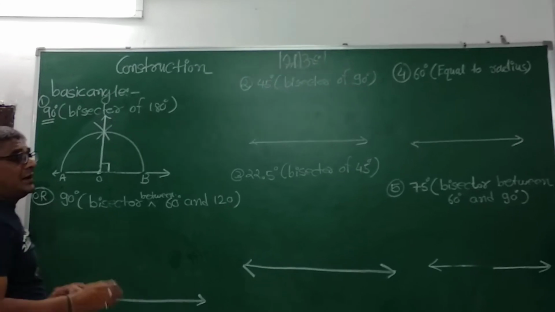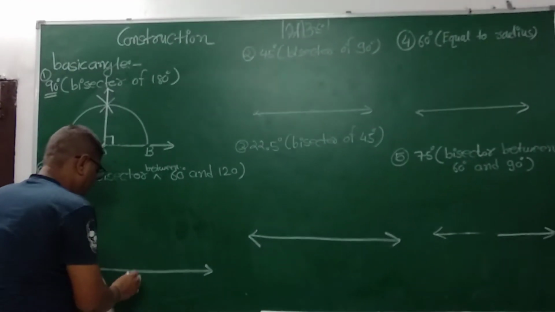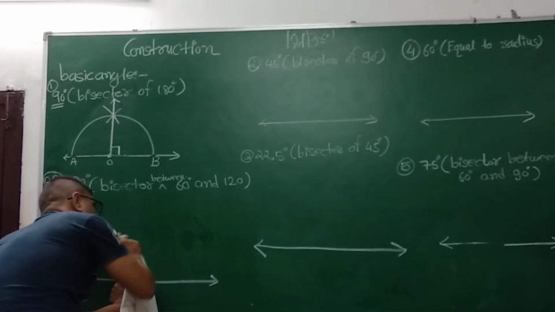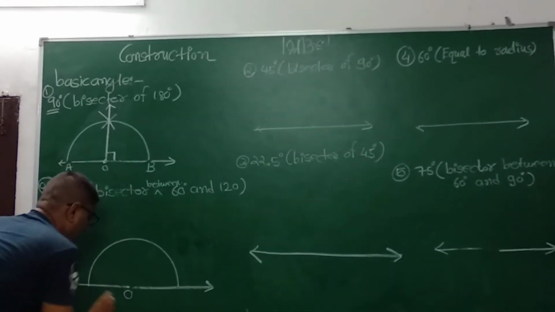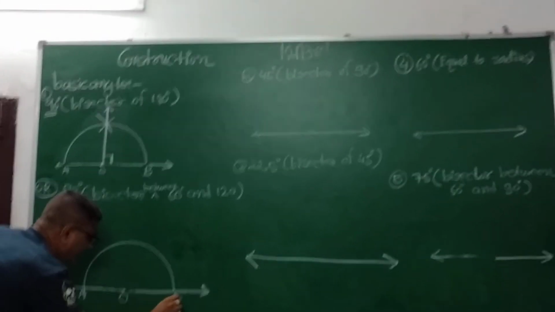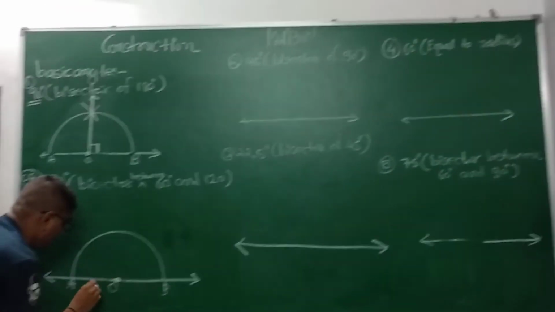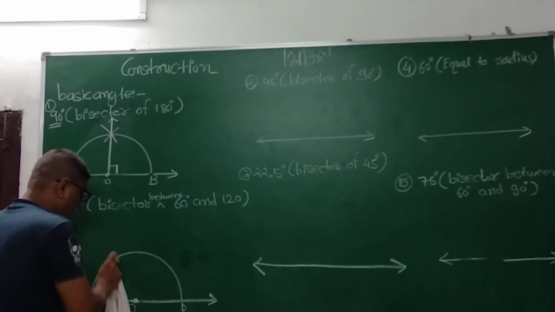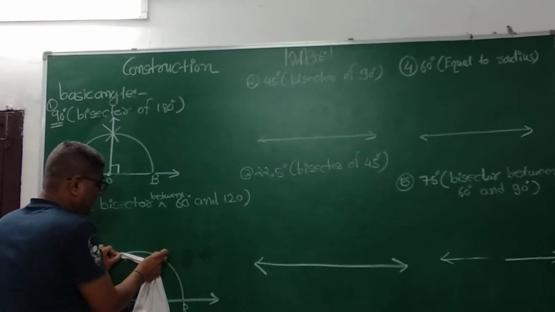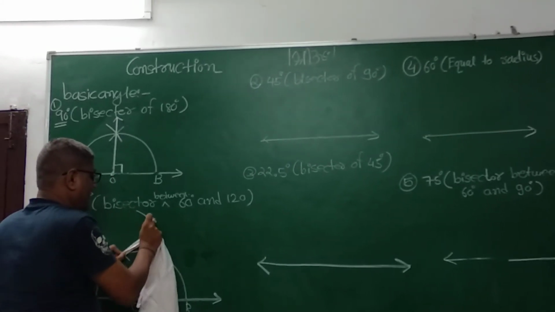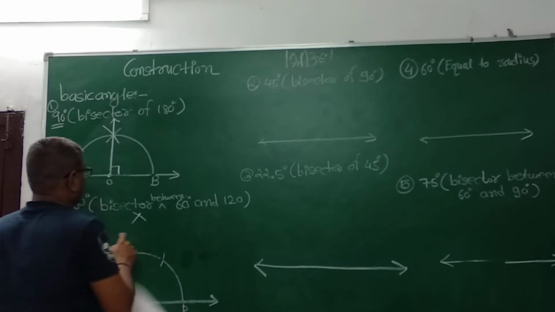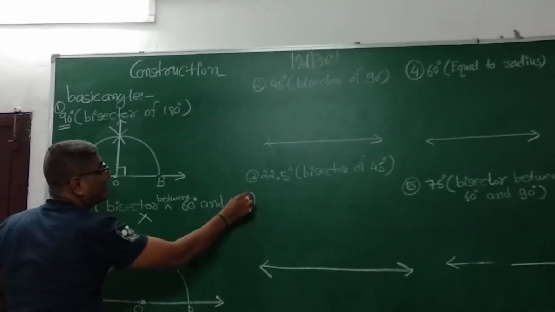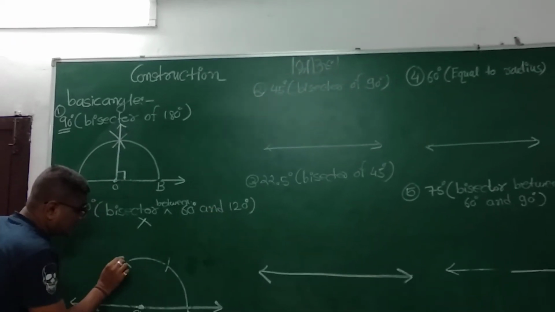We can draw 90 degree in another way. Again we take a point O, draw a semicircle with the help of an arbitrary arc, and label it as A and B. Then here we are not taking more than half, but we are taking 60 degree and 120 degree, and the bisector of it. So note that 90 degree is the bisector between 60 degree and 120 degree. So this portion is known as 60 degree.